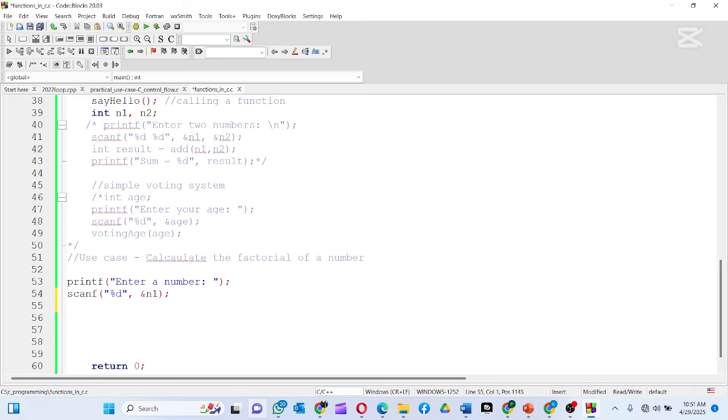Then I'll just call the factorial of n1. Or I can do printf, since I don't have any print, the factorial of %d is \n %d. So